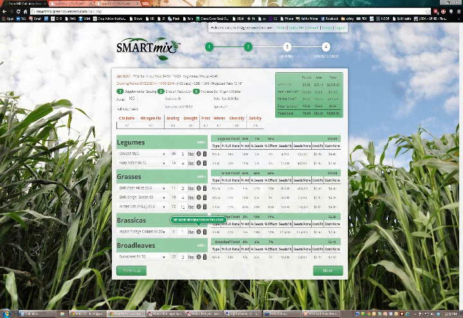And I would agree with that. That's just a very quick and dirty starting place, especially when you're mixing the cool season with the warm season. It doesn't hurt because you're going to have them growing at different times. So I would agree with Keith, but it does give you a place to start, and especially with this Smart Mix, this calculator here, you can start to adjust your numbers a little bit.